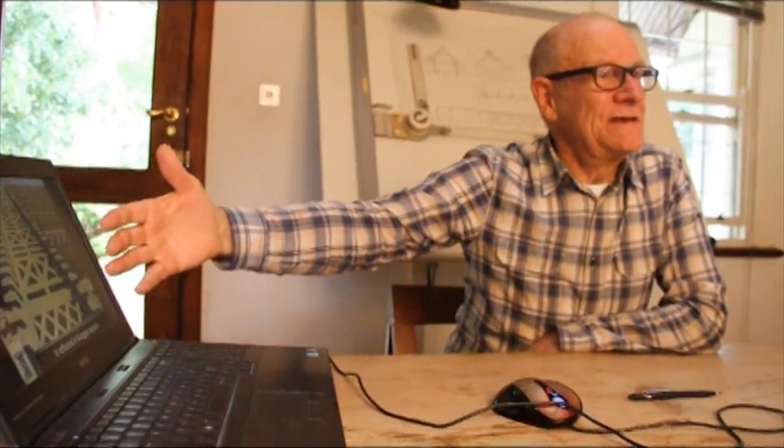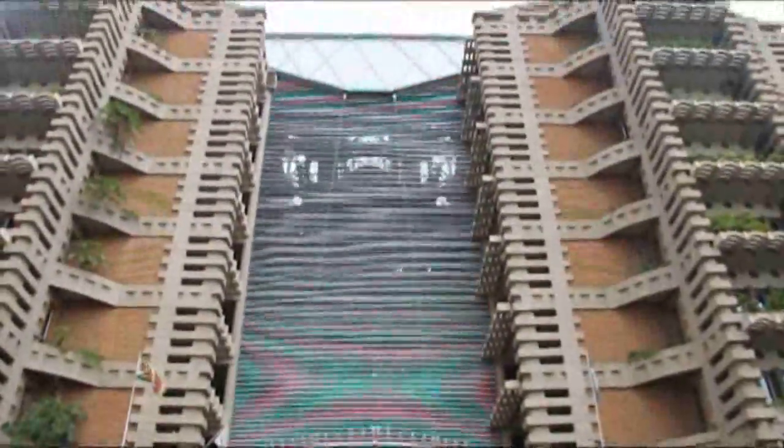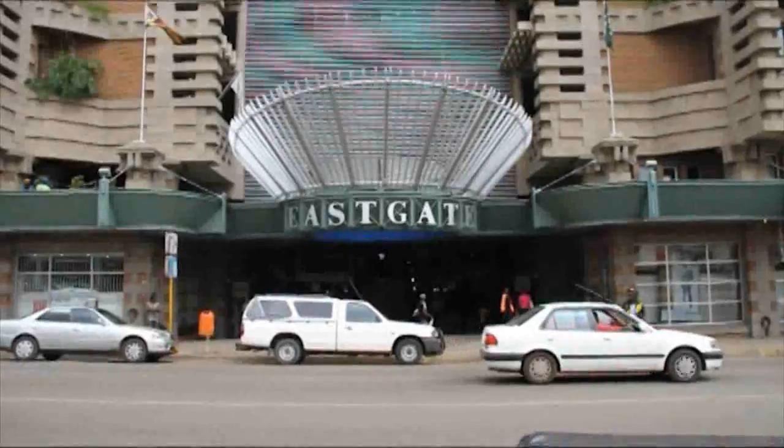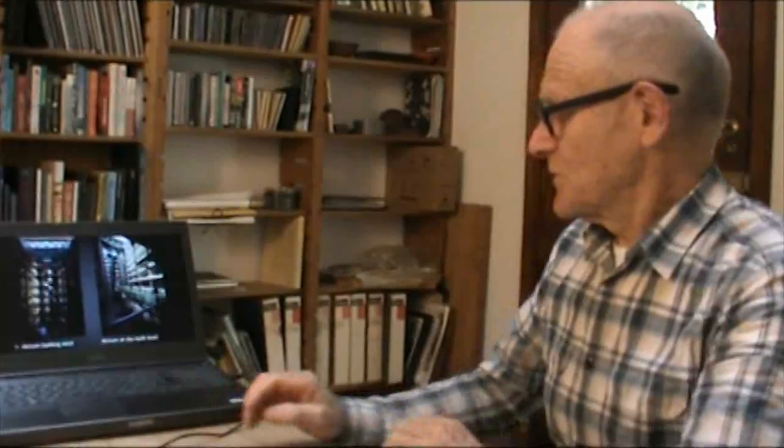main architecture. Also, at the entrance to Eastgate, you'll see spikes sticking out, and I know that in some traditional villages, you have a wall made of sticks sticking up with sharp spikes. That's to keep out the spirits. What we've done is to make a street, which is the Mall, that connects 2nd Street with 3rd Street. And